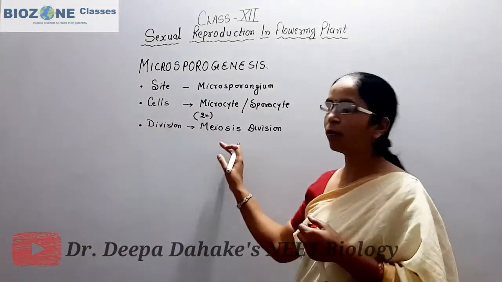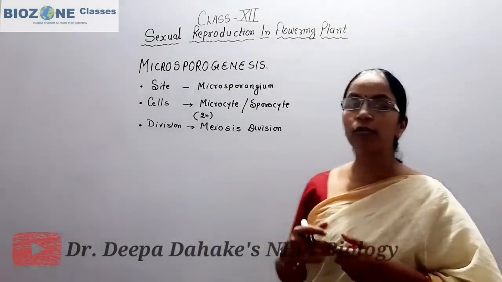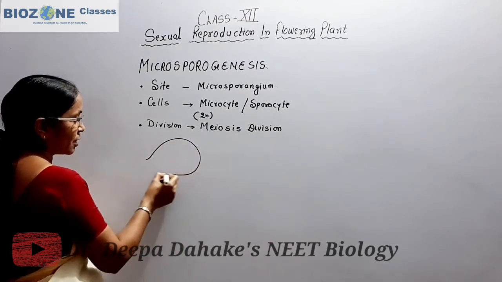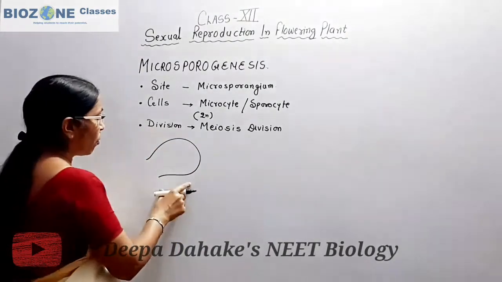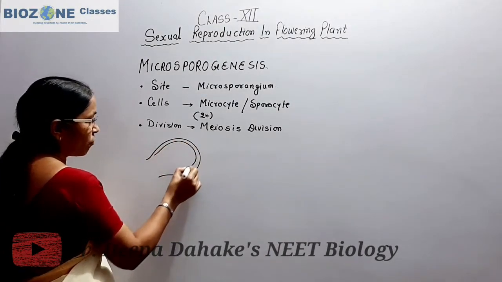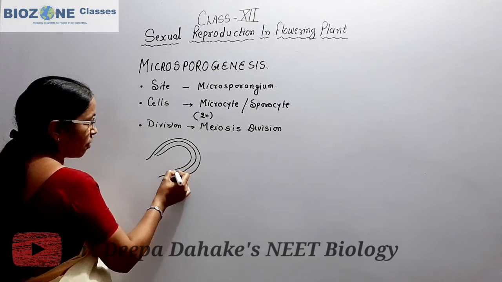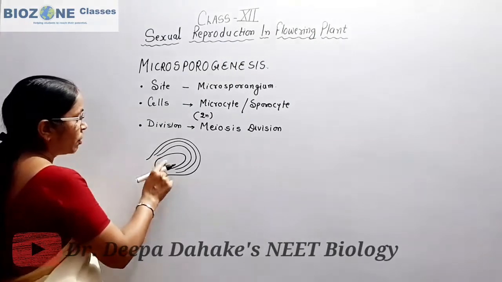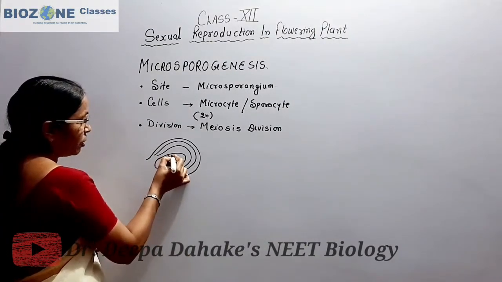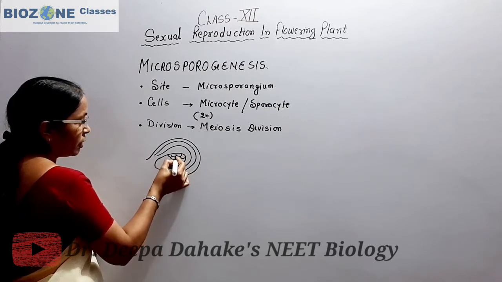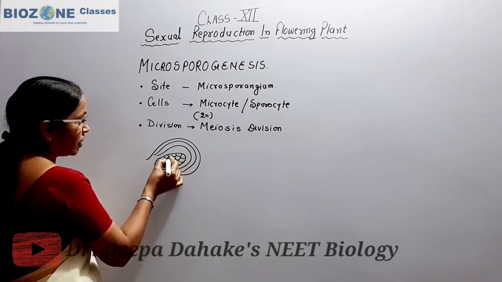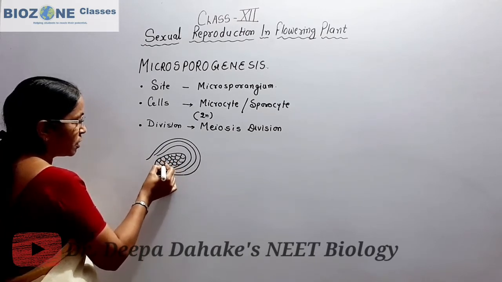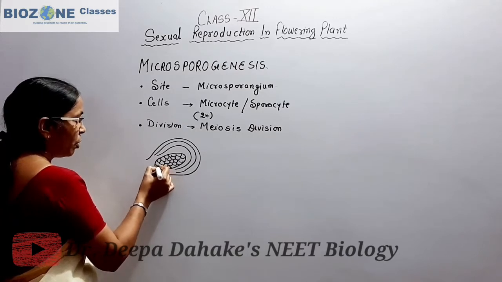Now when we study about microsporogenesis, first you remember when the development of the anther wall begins, here in the last session's diagram, in very short I draw here. These are the 4 layers of the microsporangium or anther wall, and inside this anther wall the microsporangium is present. Initially the microsporangium is a mass of cells, and this mass of cells you remember is called sporogenous tissue. This part you remember.